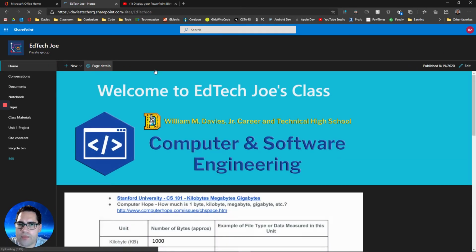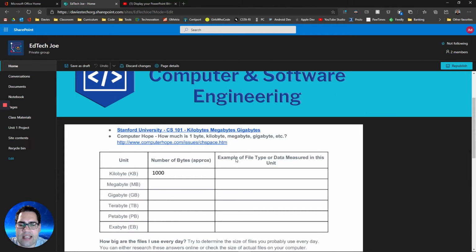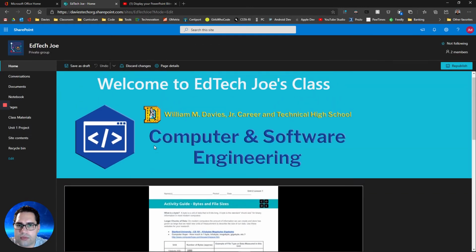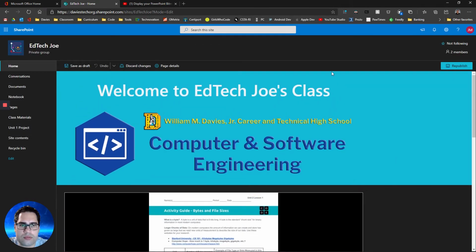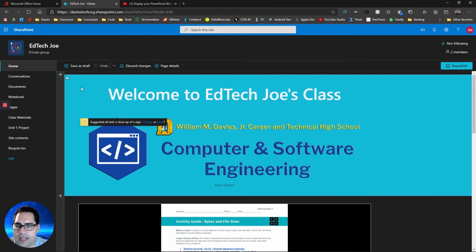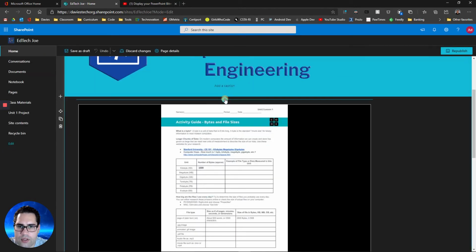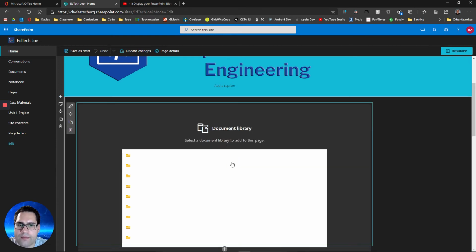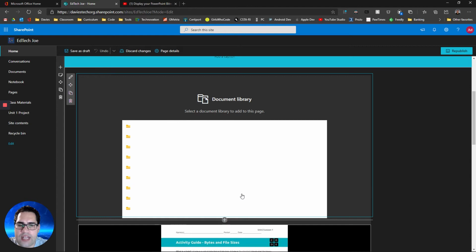So now if I go back to my home section, my home page, and I edit it, I can go to the document, I can add a document library. And now instead of just having the default file section, I can also add, if I go over, let's just add it over here. I can go down to a document library now. And you have your document library here. And if we go over and we edit this web part,